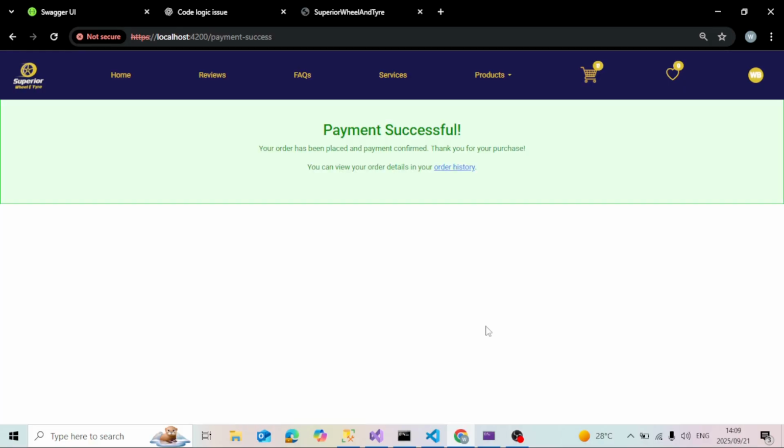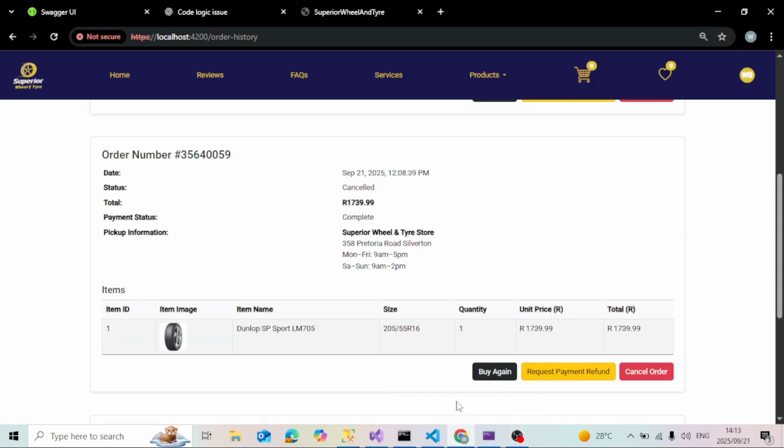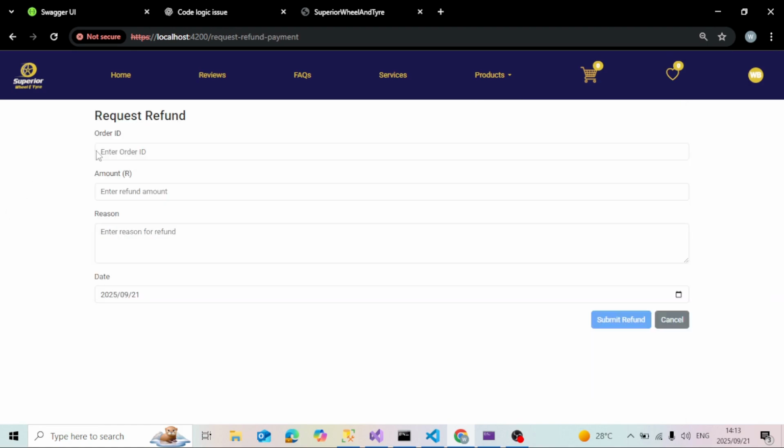Now the payment has been successfully made. The user now wants to request the payment refund, perhaps for a previous order. They can go to the order history and click request payment refund. Then they can enter their order ID